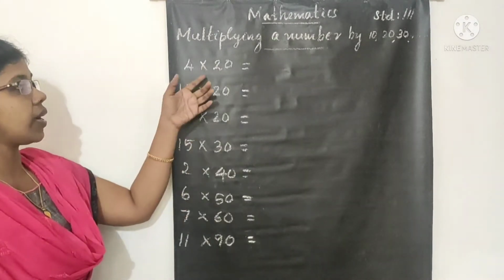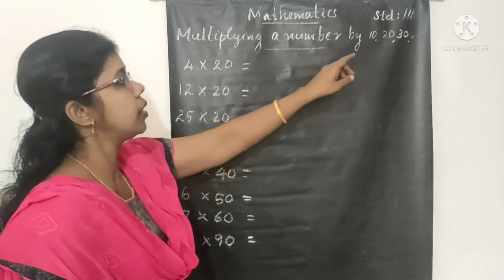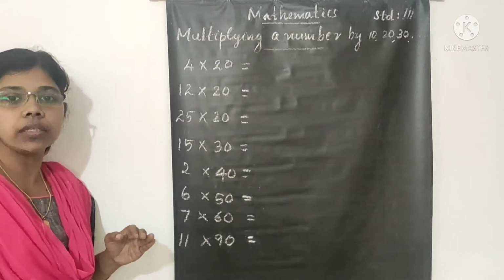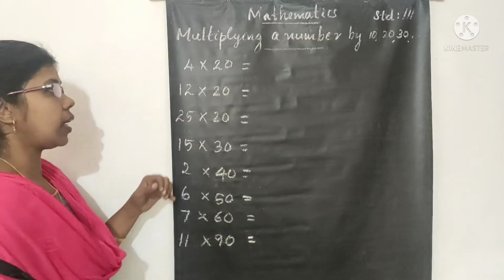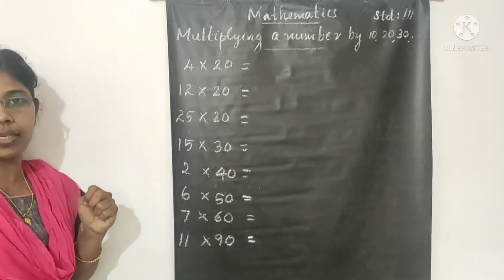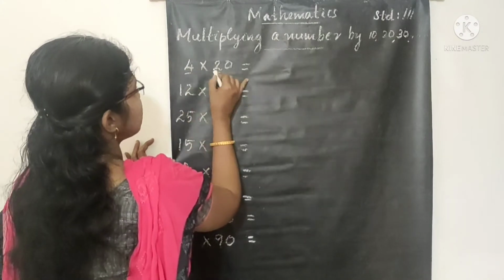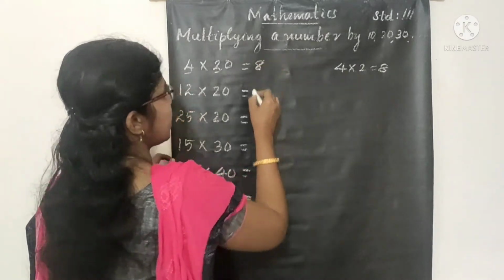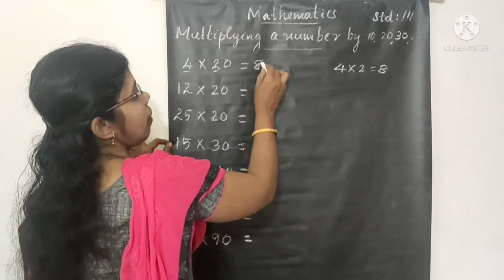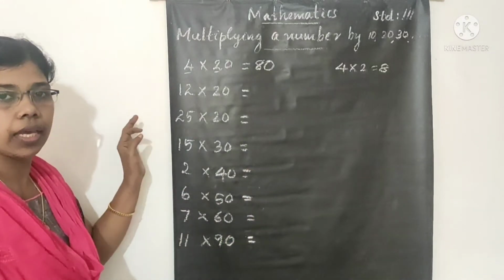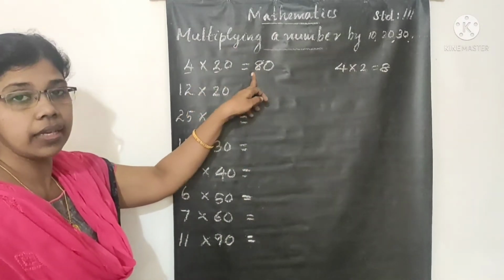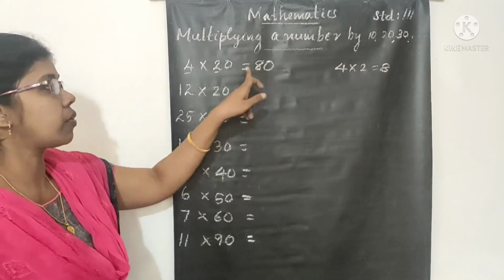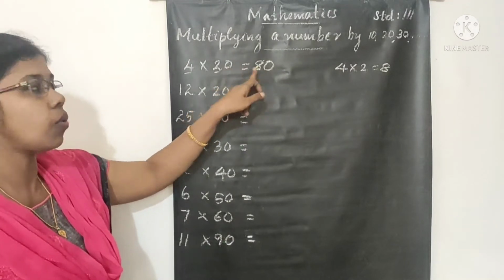Next we have to study multiplying the given number with 20, 30, 40, etc. First we studied multiplying a given number with 10 only. Here multiply 4 into 20. Here simply multiply 4 and 2. 4 2s are 8. Then write 8 and put 1 zero on the right side. Here we get the product 8. Then put 1 zero on the right side of the product. Why do we give 1 zero here? Because there is only 1 zero.